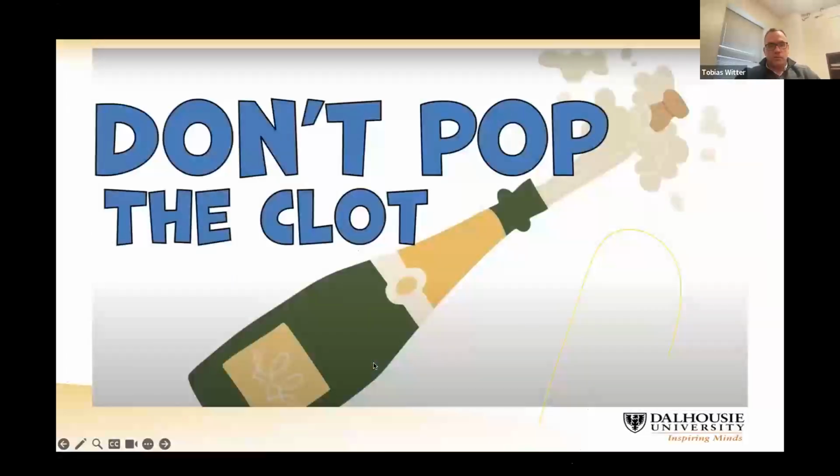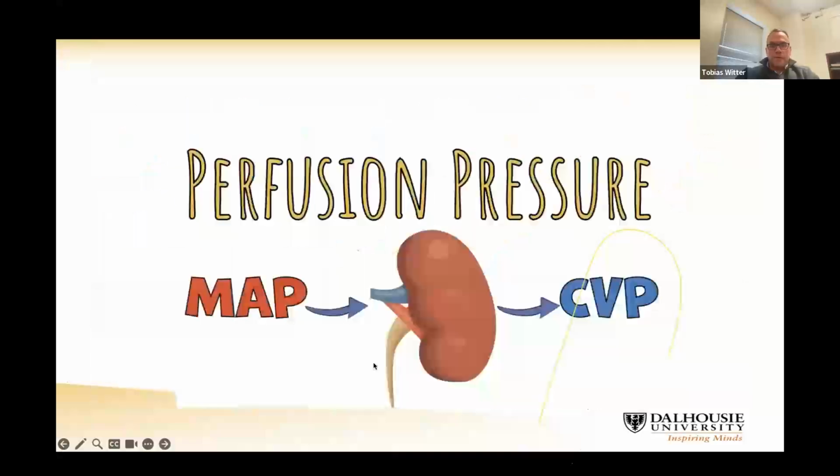Depends on what you're looking for. The systolic target is interesting because we have this philosophy that we don't want to pop the clot. So if our systolic blood pressure rises, then the clot that has been formed may potentially be popped off and the patient starts to bleed again. However, from a perfusion point of view, when we look at organ perfusion, we're looking at a MAP, because the MAP is what the organ actually sees and is being perfused, and then at the end we have the CVP. So from a perfusion point of view, MAP is probably the better target.